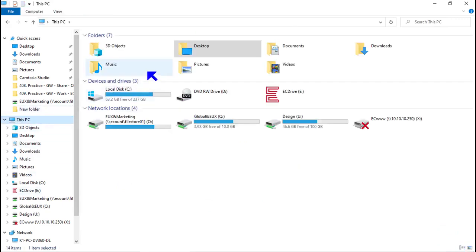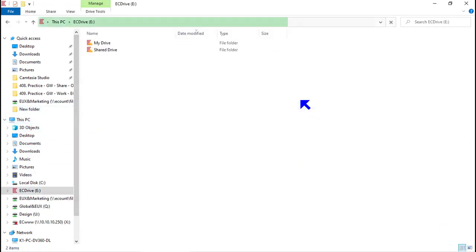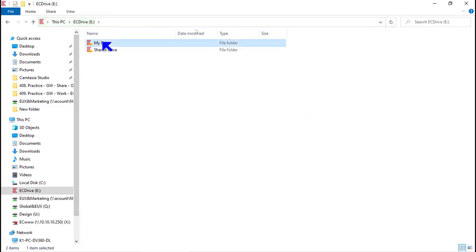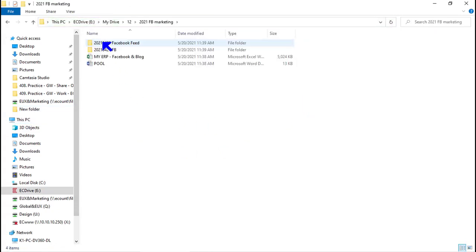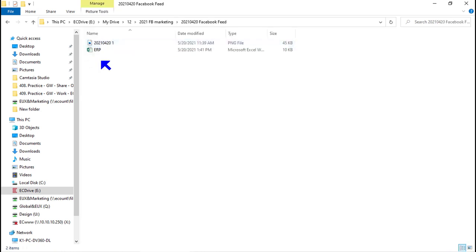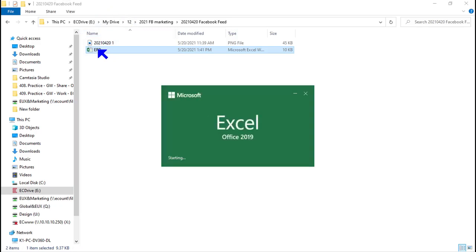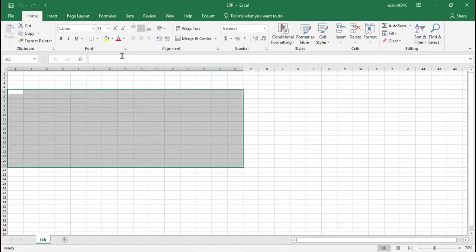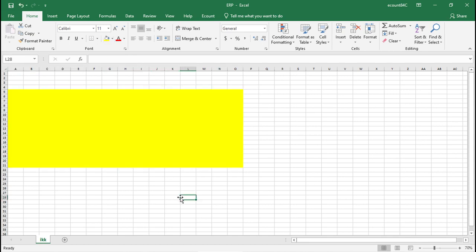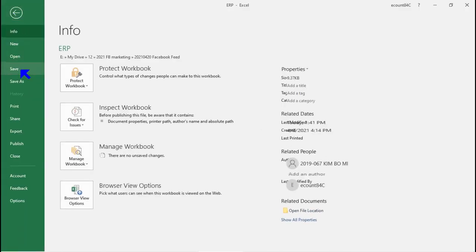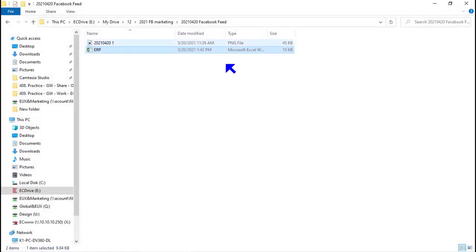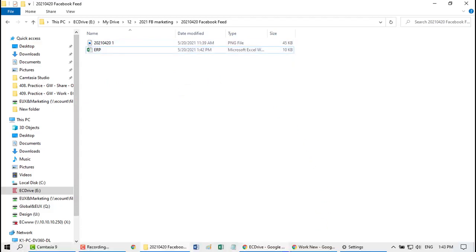For example, go to this PC E drive and let's say you edit a file. Let's say you open a file that is stored in my drive. And let's say you edit some details and save. Which means that the file has been edited. Then, if you go to